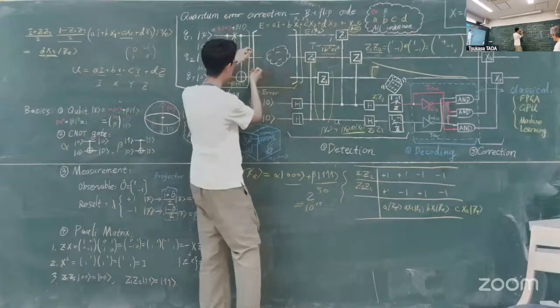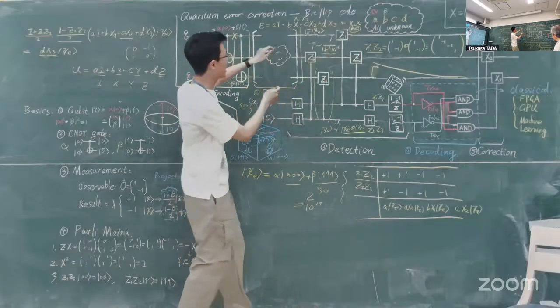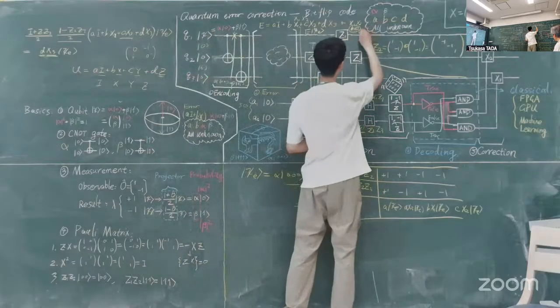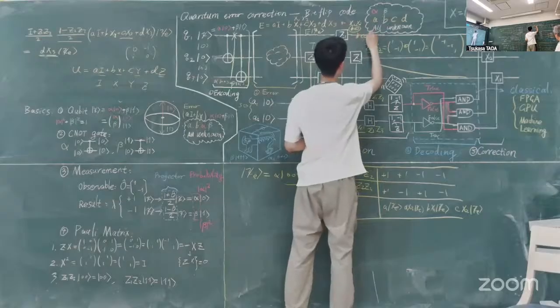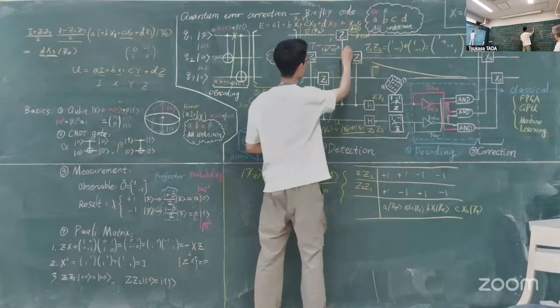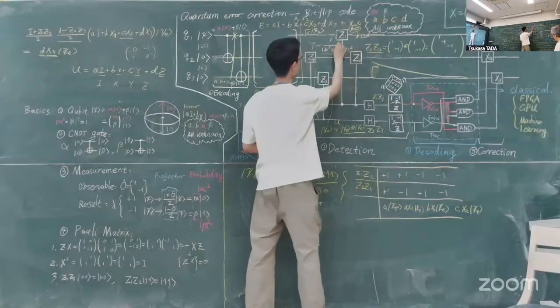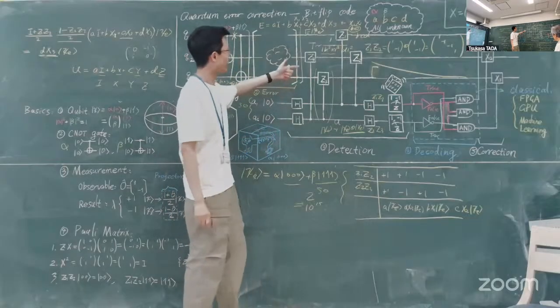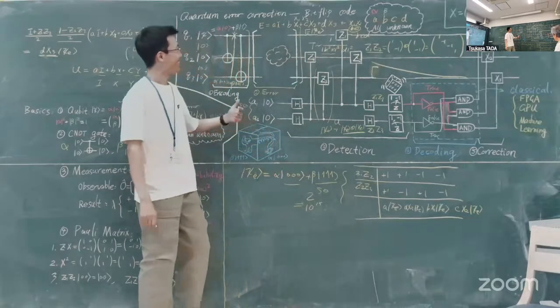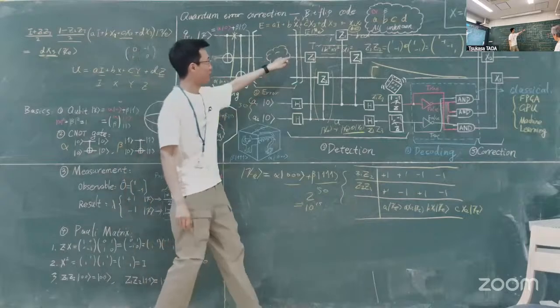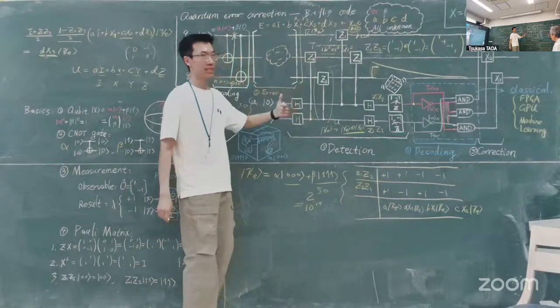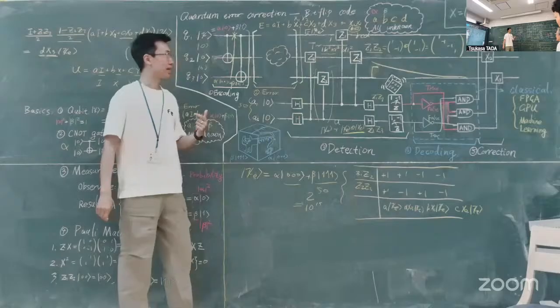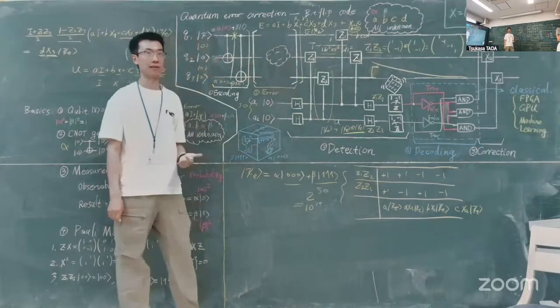If the error correction code can correct this error, but remains with some error of B, C, D, then it will be some higher power of B. So this makes the lifetime longer. This is kind of a perturbation series. If you have more qubits and correct larger weight errors, you can have a longer lifetime.